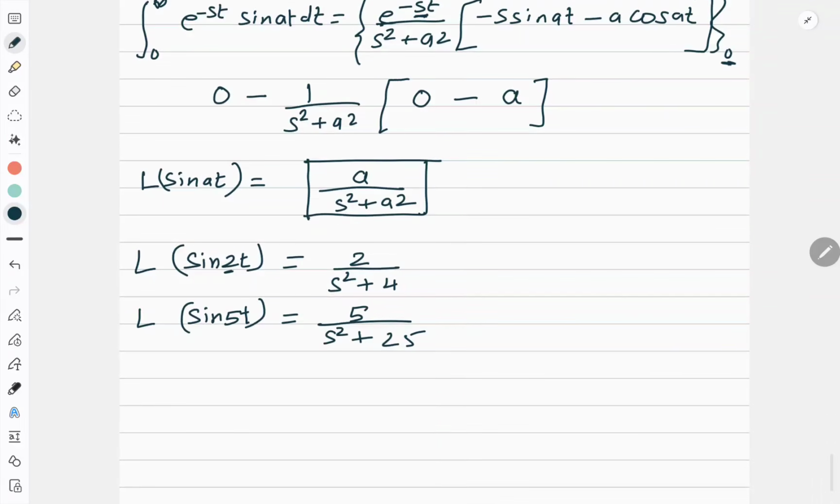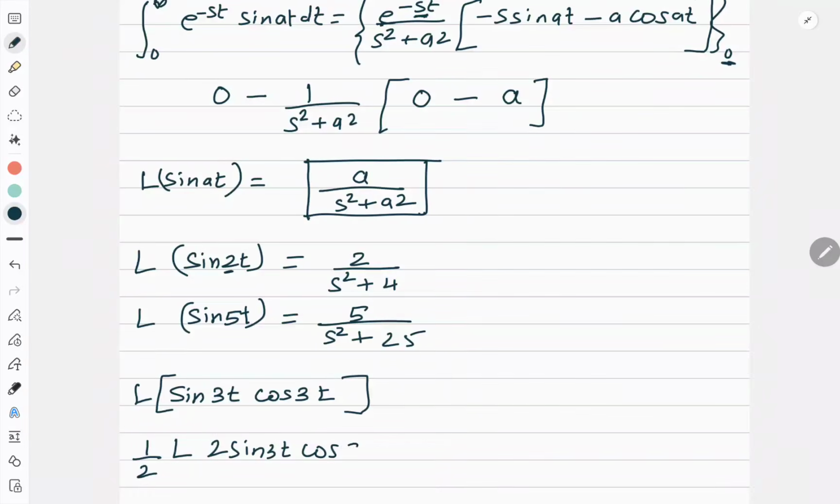Right. Now remember one thing, as we discussed in the differential equation, if you know sin at, then you should be able to do this type of question also. Suppose you have sin 3t cos 3t, and I am asking its Laplace transform. So what should I do? Smartly, I should multiply and divide it by 2. Now tell me, 2 sin theta cos theta is what? 2 sin theta cos theta is sin 2 theta. So L of sin 6t it will become